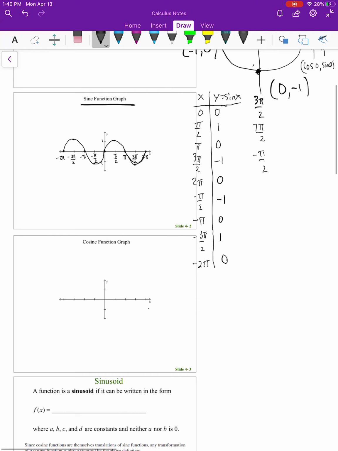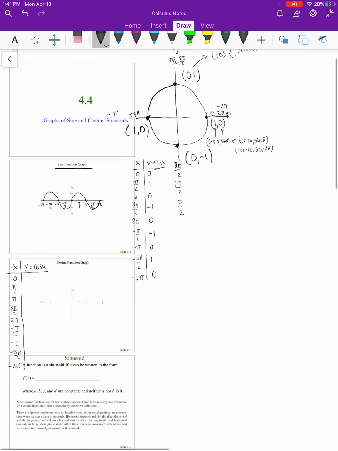So now we're going to use that same unit circle that I just talked about and drew here, and we're going to make a chart for cosine. And so we are going to make our xy chart. This time we are graphing y equals the cosine of x. We're going to do 0, pi over 2, pi, 3 pi over 2, 2 pi. Then we're going to go to negative pi over 2, negative pi, negative 3 pi over 2, and negative 2